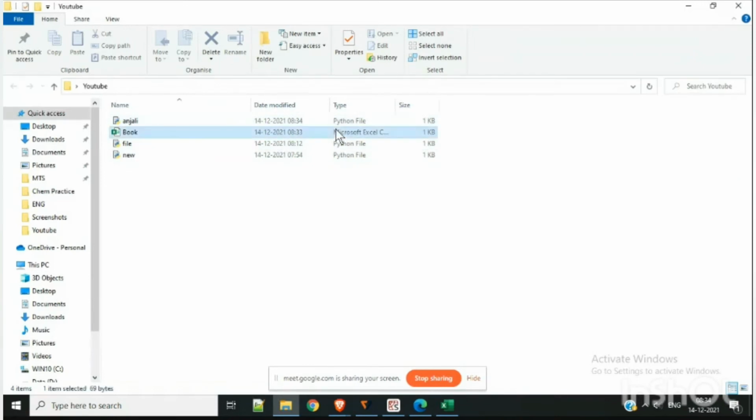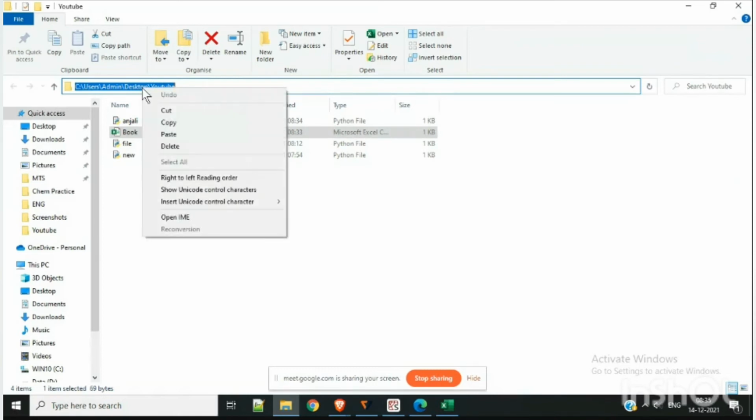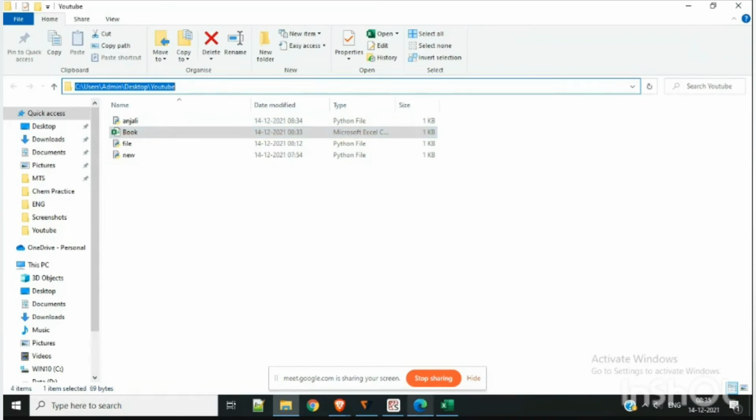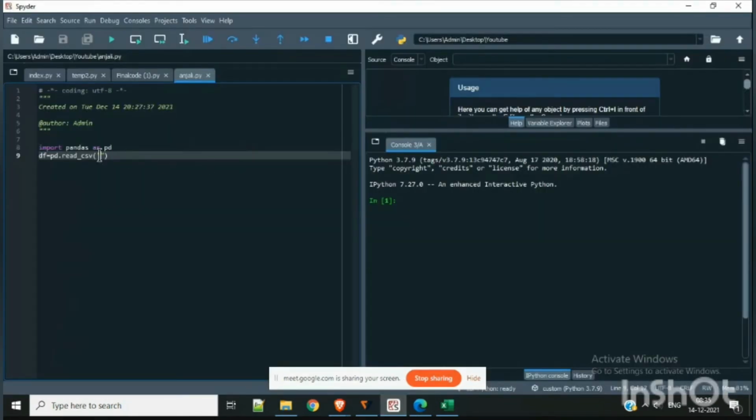Now I want to enter the location of this particular CSV file. So as you can see this place over here, I'm just going to click over here. I have got the location. Okay, so I just clicked one time over there and I got the location. I'm just going to copy this, and in these brackets, I'm going to put that location. So I've got the location till my YouTube folder. Now I have to enter the name of that particular CSV file also. So I'm going to put again 2 slashes, and I'm going to enter the name of my CSV file.